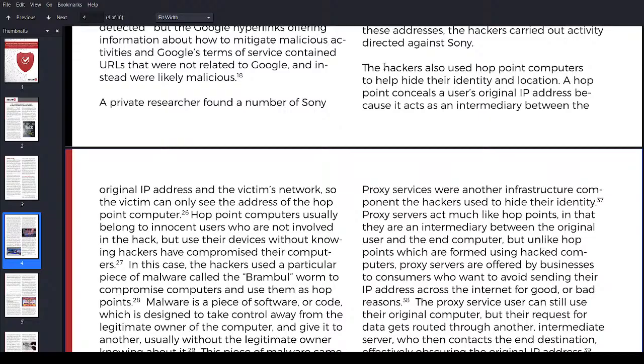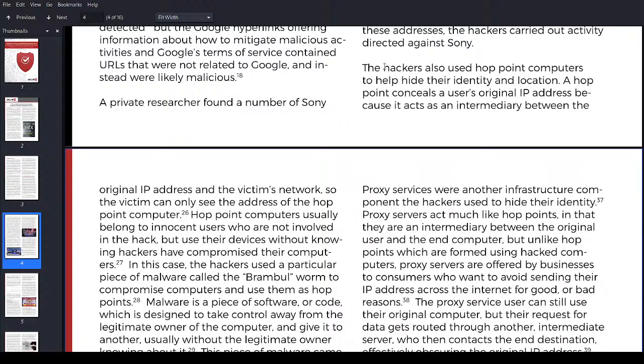And that's a very good way to conceal what you're doing, because instead of just tracking the malicious activity directly to the North Korean IP address, you would first have to investigate. Oh, okay, let's see what's going on in a hacked computer in Malaysia. Okay, let's go investigate a hacked computer in, I don't know, Thailand. And let's investigate a hacked computer in the Philippines.